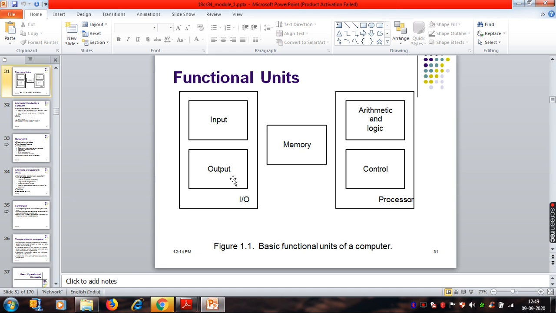As I told, there are certain roles and responsibilities for each functional unit that you are going to see here. So we have a processor, the memory, and the I/O devices. Okay, so we will see that. First, try to understand what these devices are. What is a computer? Just an extended version of a simple calculator. That's all it is. So what will a computer do? It is going to perform certain calculations. It's going to perform certain tasks for us, right?